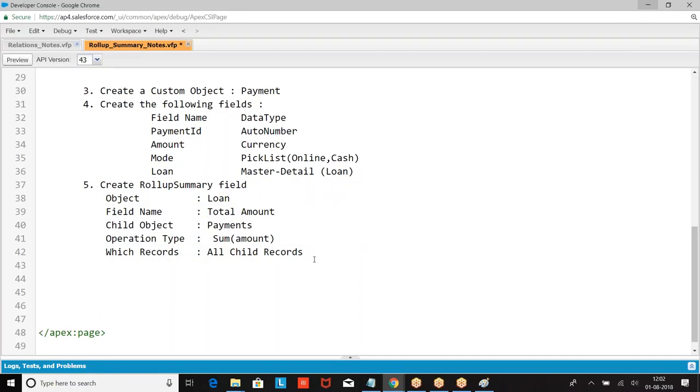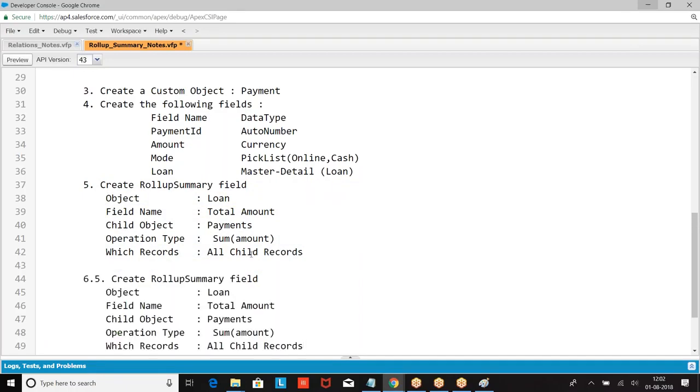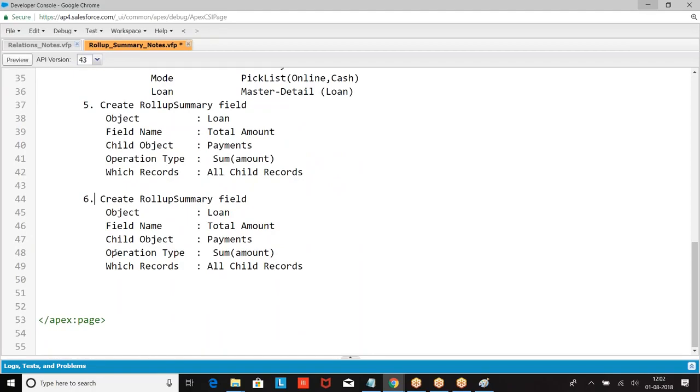It is also a field, nothing new, right? The way you create a field, same way we are going to create, but the data type is going to be roll-up summary. Loan, total online amount, only those payment records whose mode of payment is online.